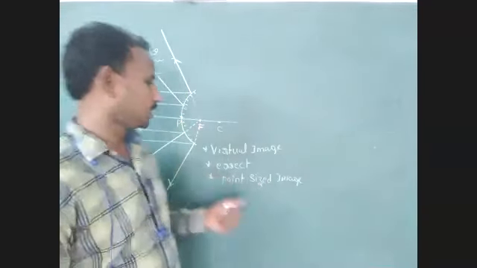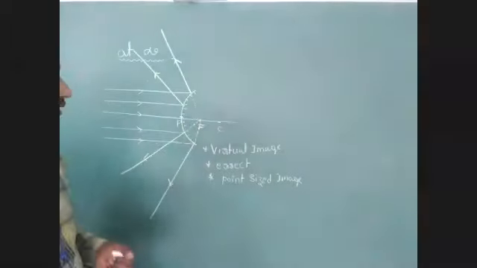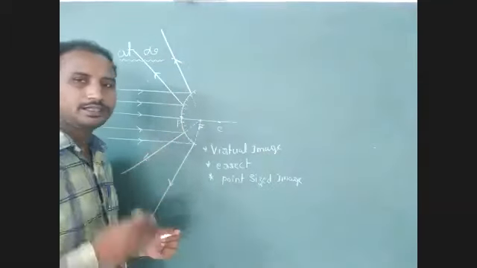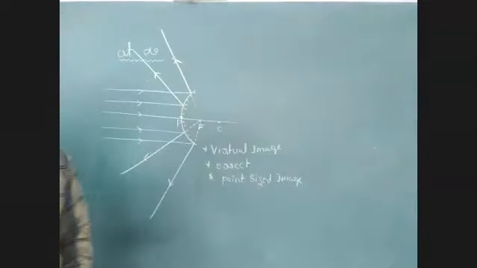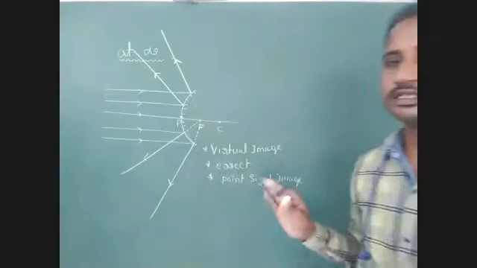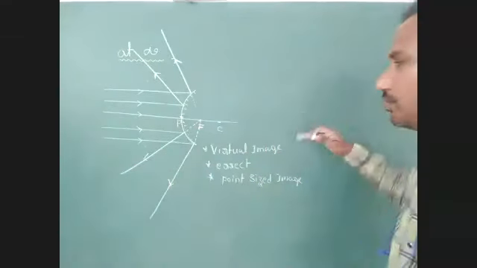Virtual image, erect image, point-sized image. That image position we can consider inside a convex mirror. Understood, students? Next, we have to consider the position of an object at a certain distance from the pole of a convex